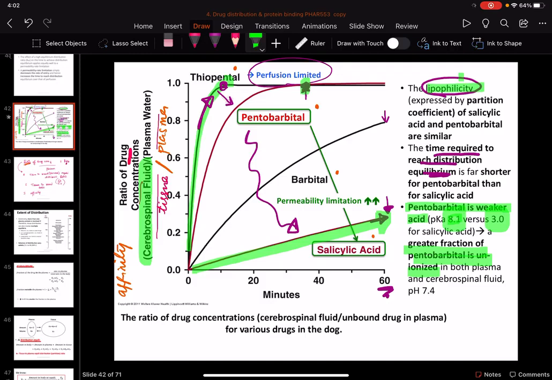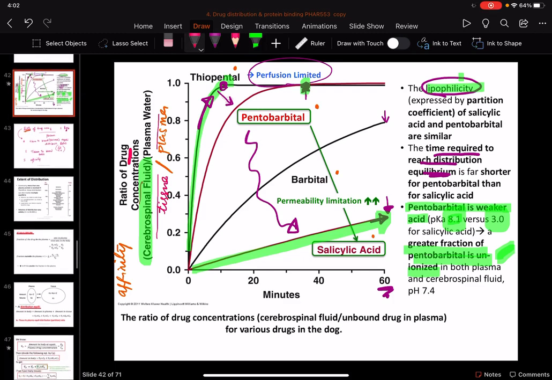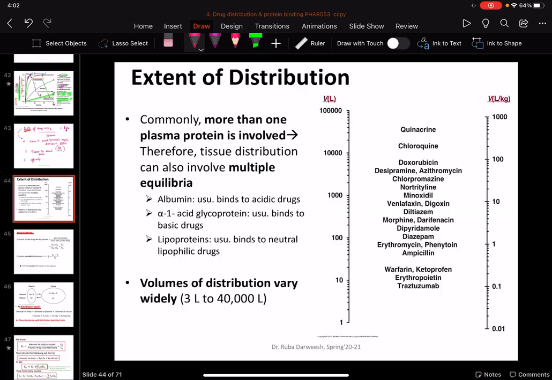But if we take into consideration the ionization status, we can determine, yes, this is happening because the unionized fraction of pentobarbital is larger than that of salicylic acid. Okay, and this